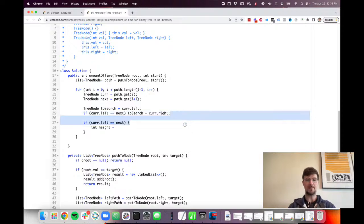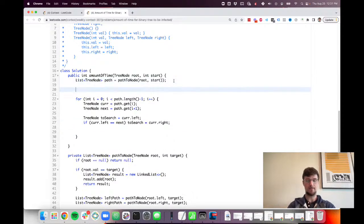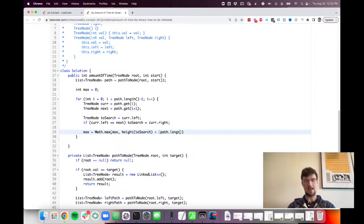Right, so I'm going to do this, and then what becomes the maximum height here? Well, I need to track this max. So max, and then it's height of to search plus path.length minus i. And I think this might be off by 1 here, but essentially what we're saying is